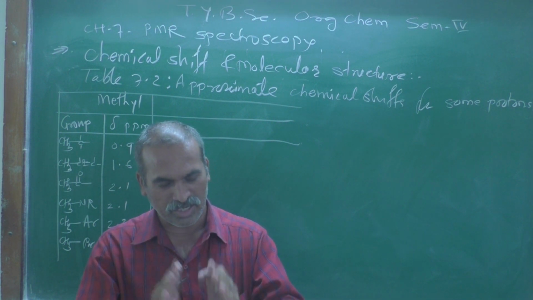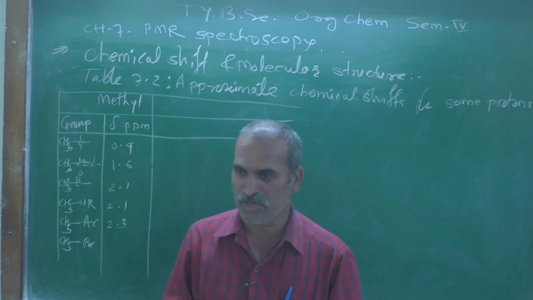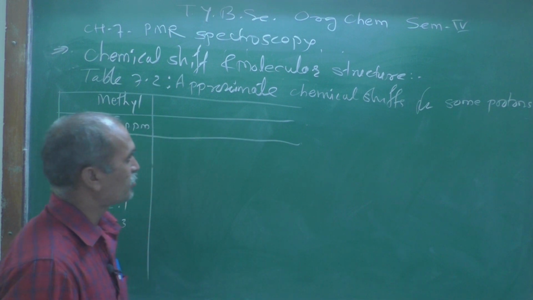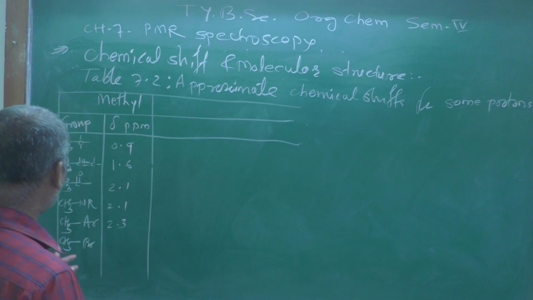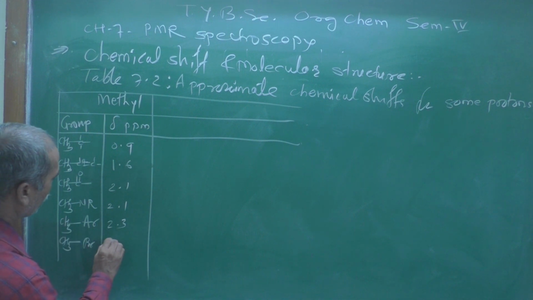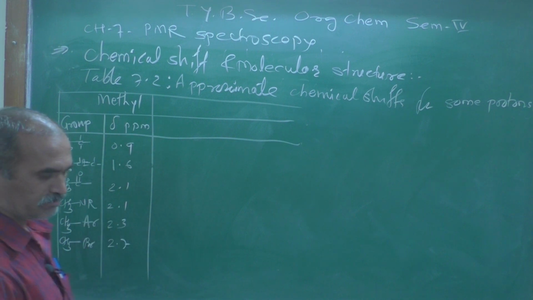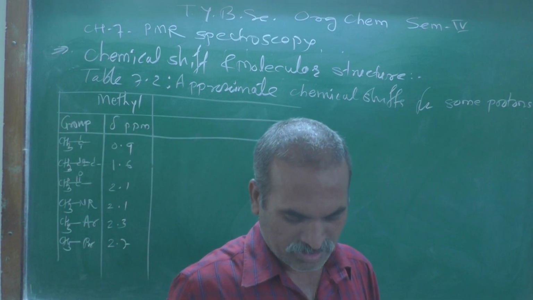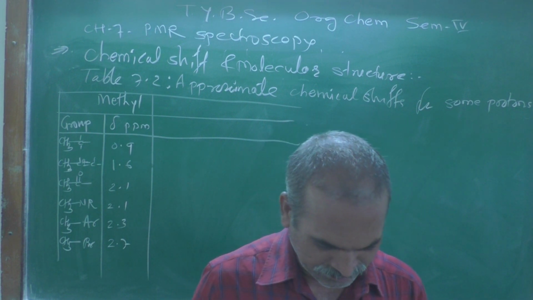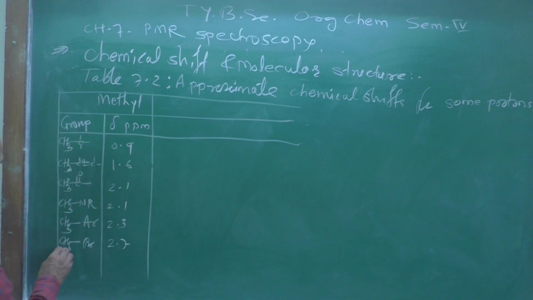While studying inorganic chemistry, there is a long form of the periodic table, you know that, and such kinds of properties you might have studied there. Now CH3Br, the chemical shift value is found to be 2.7. See again the de-shielding effect observed over here when there is another methyl group.